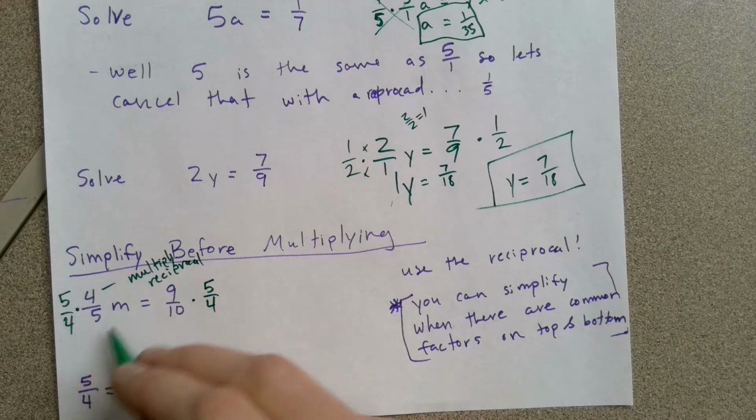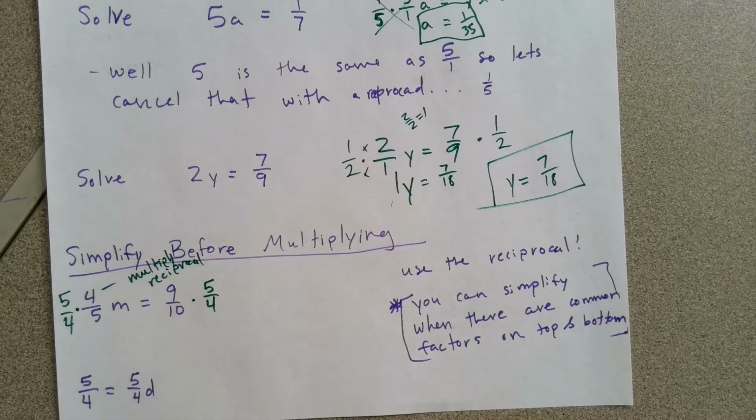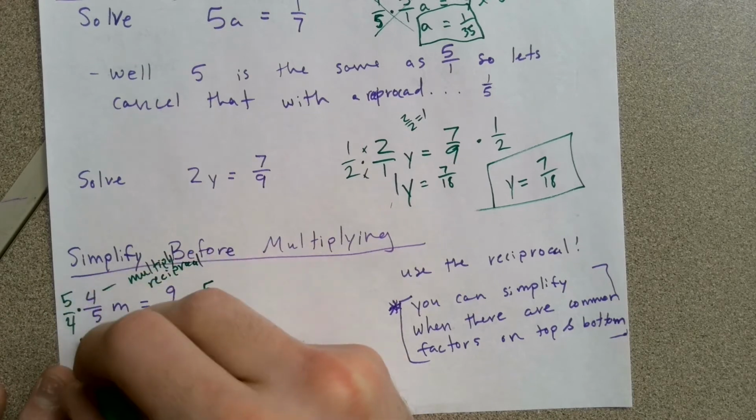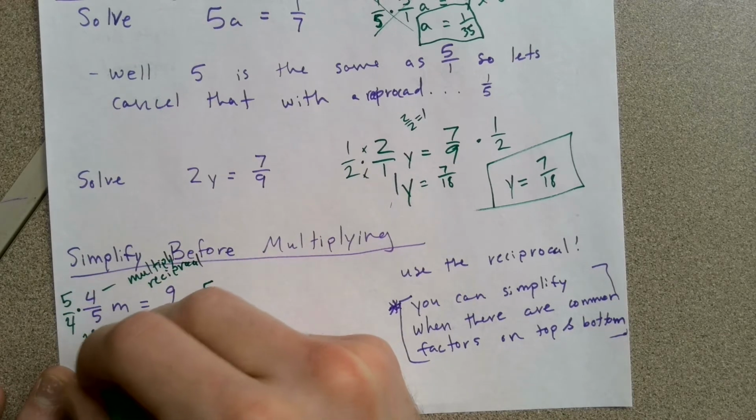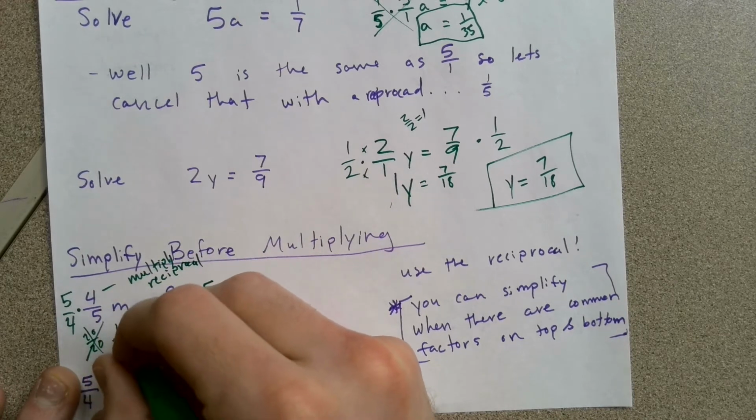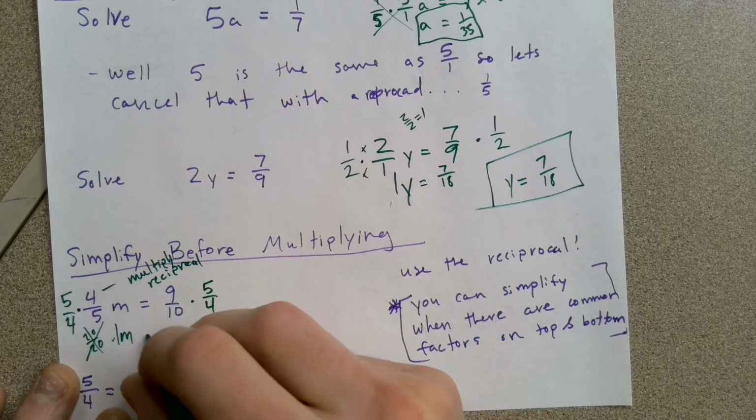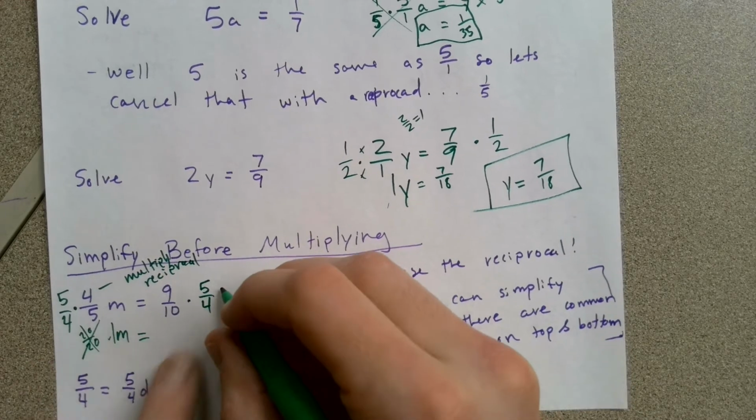Whenever you have a fraction sitting in front of a variable there, multiply that by the reciprocal. That'll cancel those right out. 4 times 5 is 20 over 20. Those cancel each other out. That leaves behind a 1m on this side. Over here, we're just doing some simple